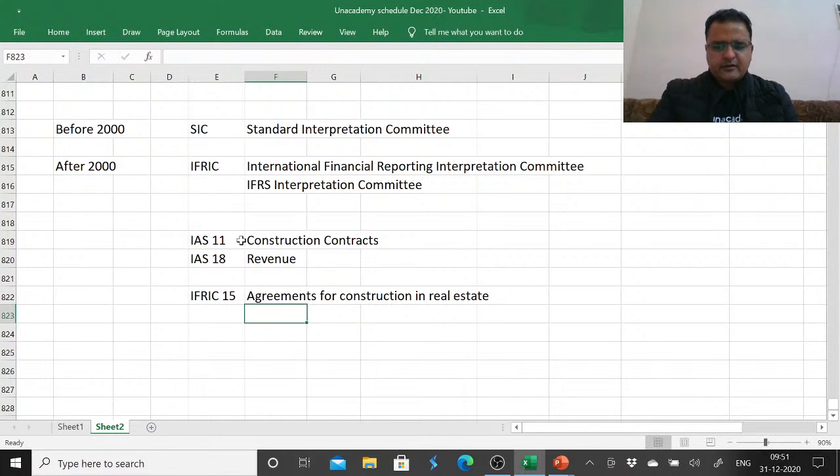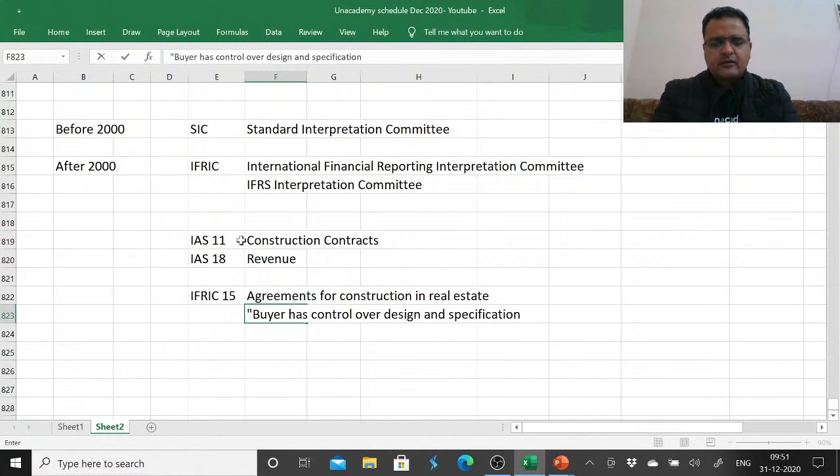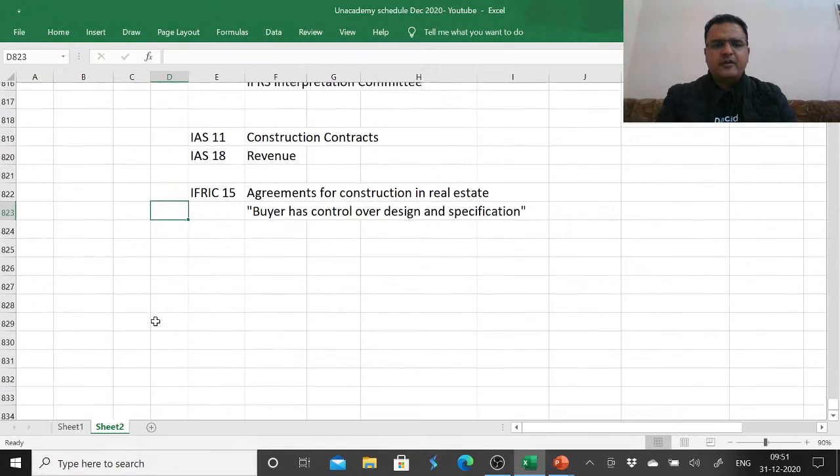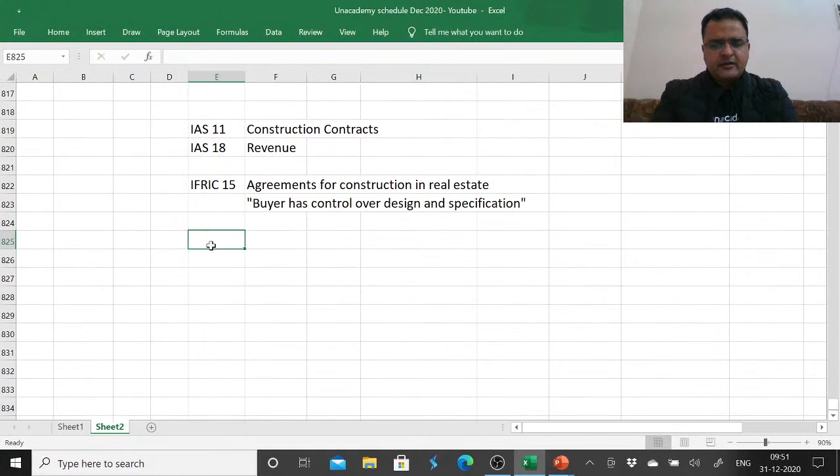They clarified that if the buyer has control over design and specification, IAS 11 is applicable, and in all other circumstances it will be IAS 18, considered as sale of goods or rendering of services under IAS 18 revenue. So interpretations are needed: if the standard is not very clear, instead of replacing the standard, an interpretation is issued. Sometimes the standards are merged or withdrawn, like IAS 11, IAS 18, IFRIC 15, IFRIC 13,